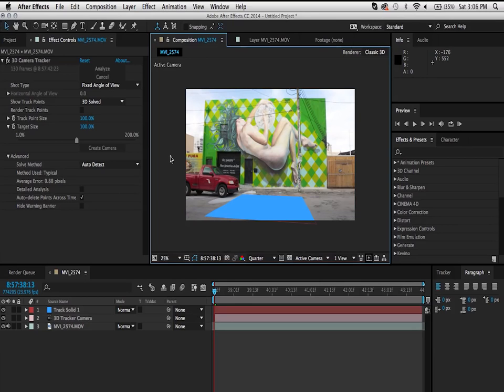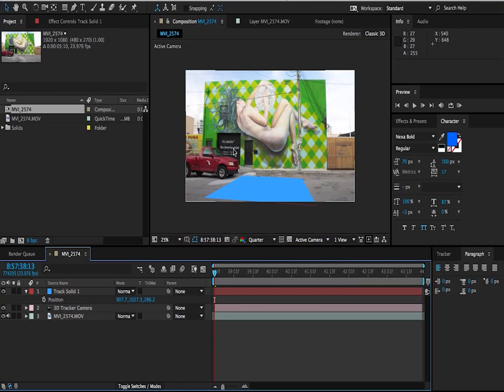You can now drop in 3D elements, and you need to do very little adjustments from there. So that's a really nice and powerful tool to have directly in After Effects. Alright, so now that we have a basic understanding of how the tool works, let's go into actually making some